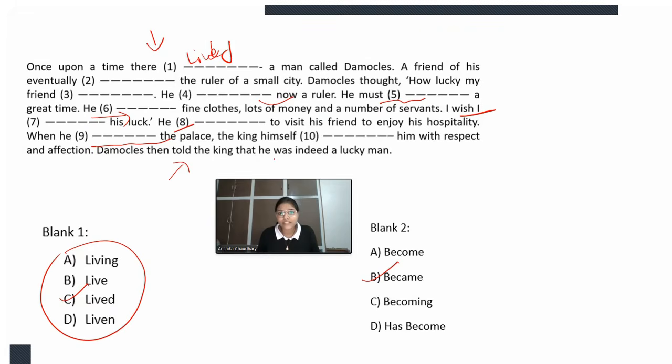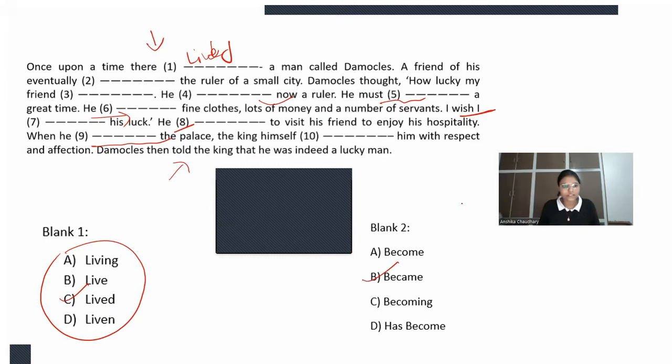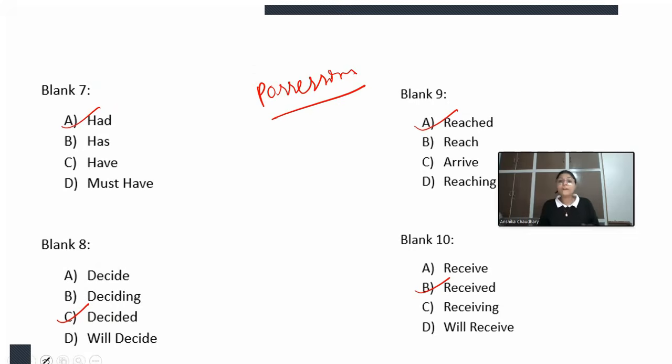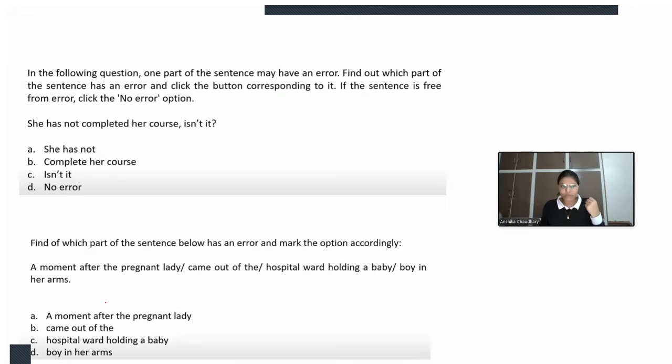Damocles then told the king that he was indeed a lucky man. So that's how we can solve this type of fill-in questions. Parallelism plays an important role in solving this type of fill-ups, right? Moving next, again, there is a sentence, and we need to find out where the error is and what the